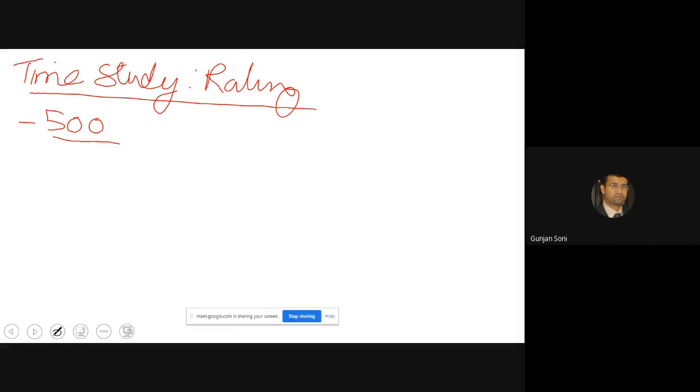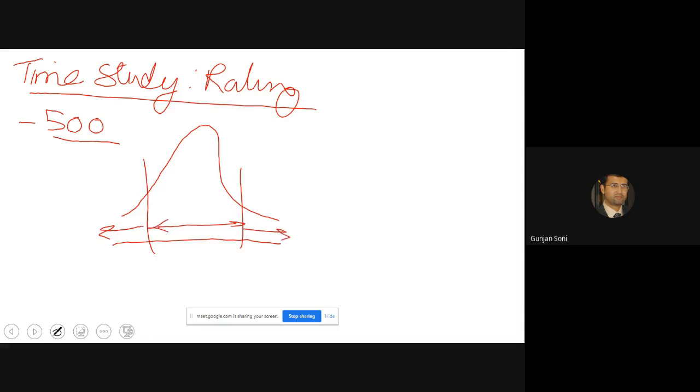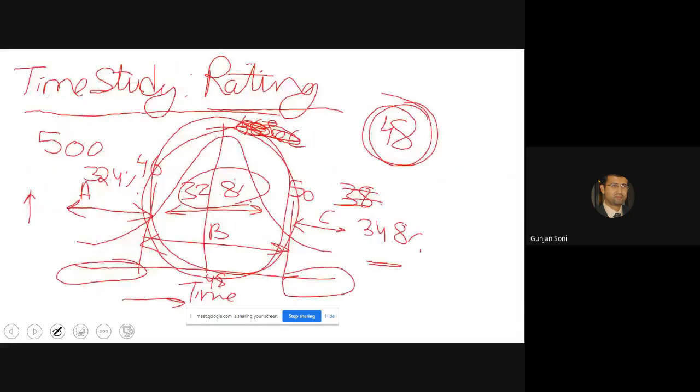The time taken to perform the operation can be distributed something like this. I think we already talked about it in the previous slides, so you can refer to this example back and forth.